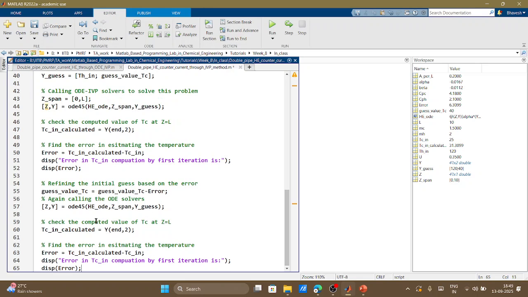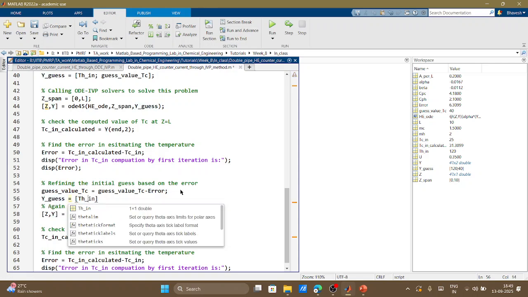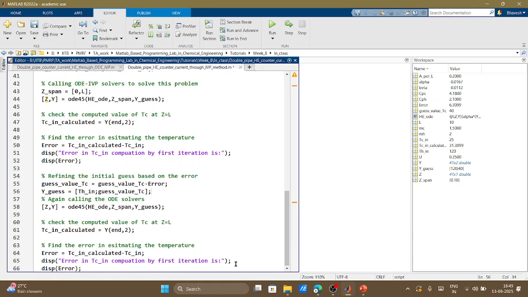So after finding the solution with respect to new guess value, I have to update the guess value also. Y guess is equal to th in comma guess value tc, right? And run this part,